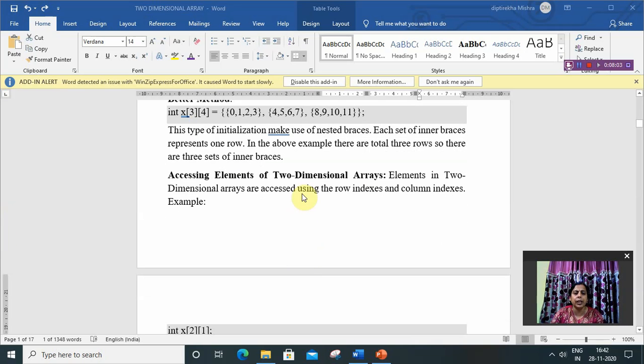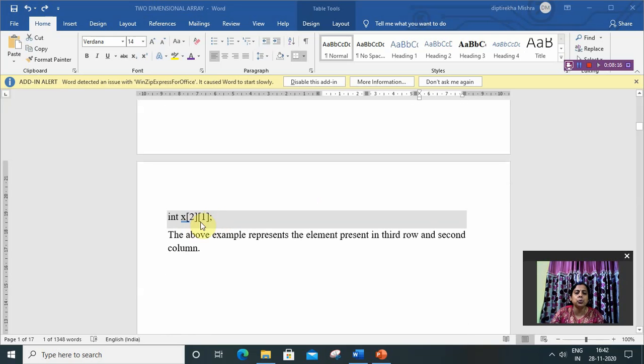Next, accessing elements of a two-dimensional array. How can we access an element in a two-dimensional array? Using row index and column index. So like x[2][1]: in array x, 2 means the third row, 1 means the second column.